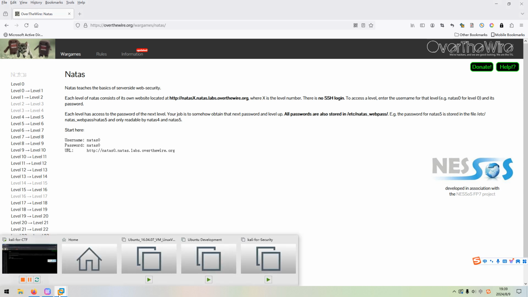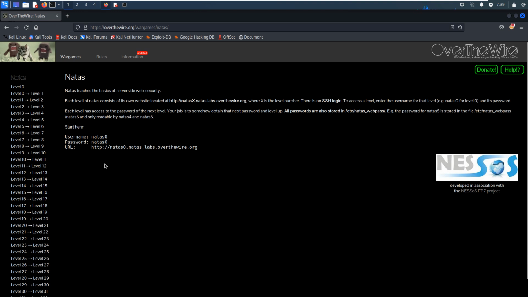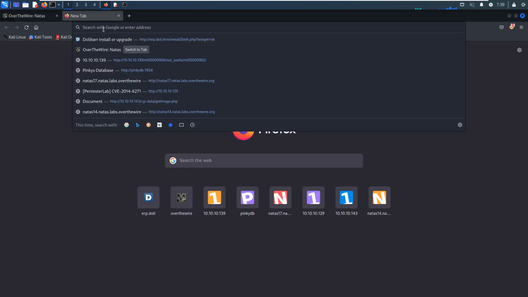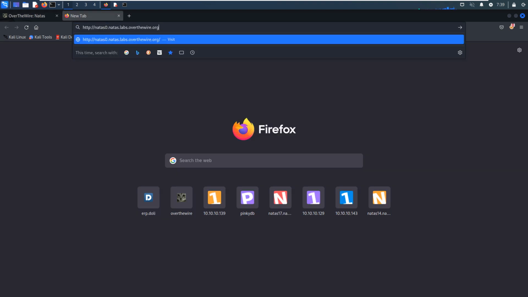We can switch over to the Kali Linux VM. As you can see over here, I've already opened up the OverTheWire site, and we can copy this URL as a starting point. Then we can open a new tab and paste it into the address bar.